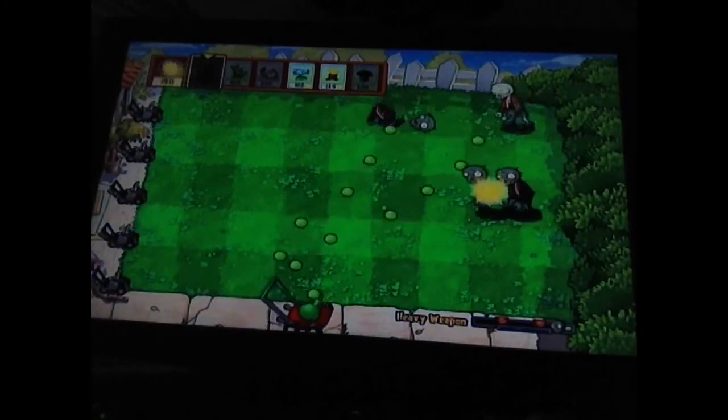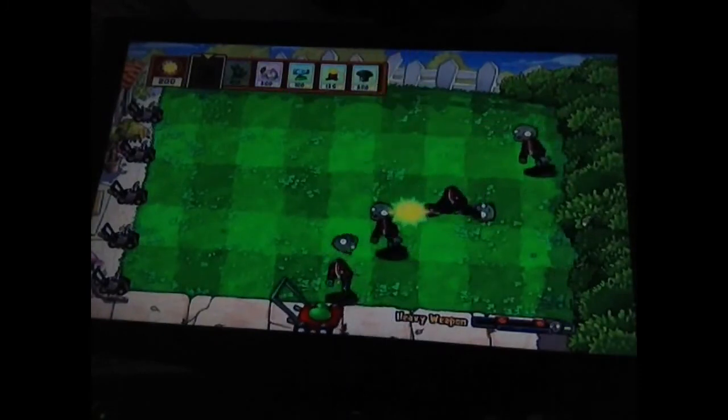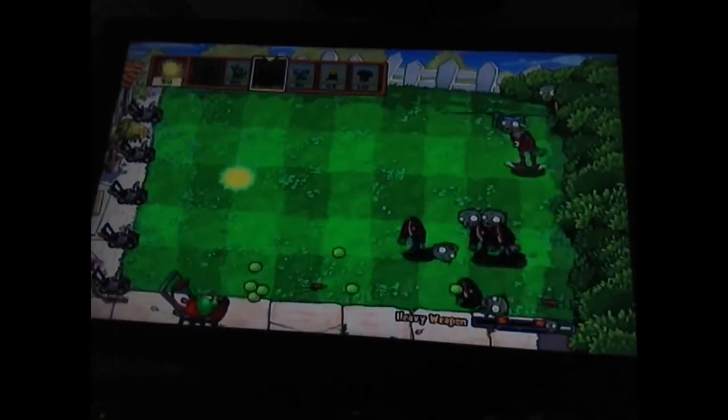And I believe that the other things that you get are just like little gimmicky power-ups as well. Like, I know the Doomshroom is definitely just a power-up, as well as the Torchwood and the Ice Pea. They're like momentary things, but I know that Cattail will definitely be one of those that will continue to do its regular job of shooting,